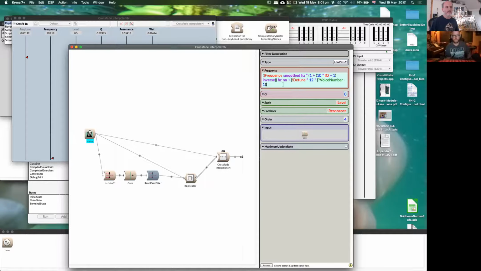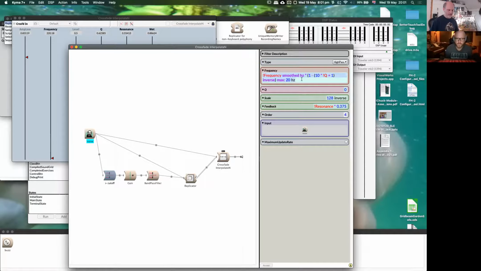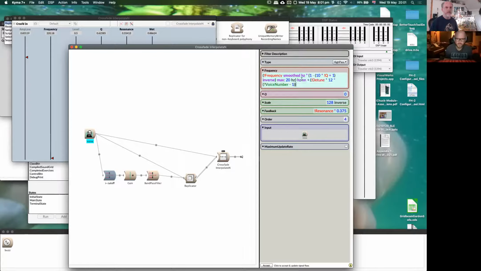And we don't need to convert back to hertz. That's fine. So we can just copy that and go to the high pass filter and do the same. There we go. Do you see what that does?